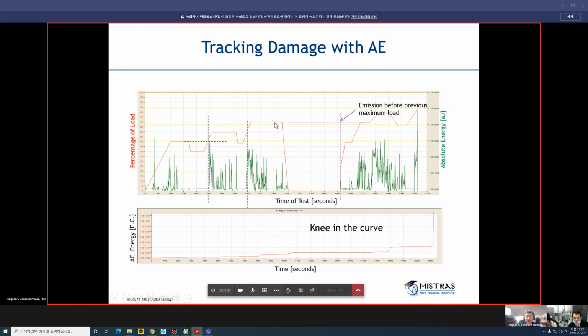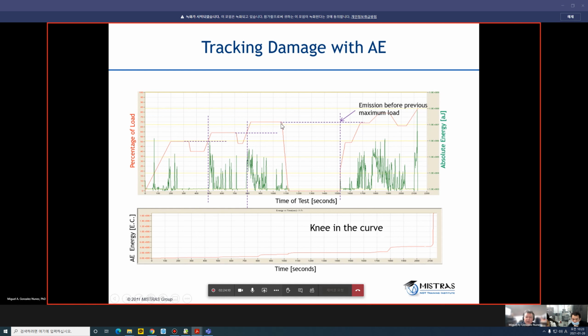Now it is interesting what starts happening here. When we unload, there is even a small increase in energy release during the unloading of the blade. What do you think is the meaning of that energy release during the unloading, not during the loading? This could be related to the evolution of damage at that point, at this level of load.